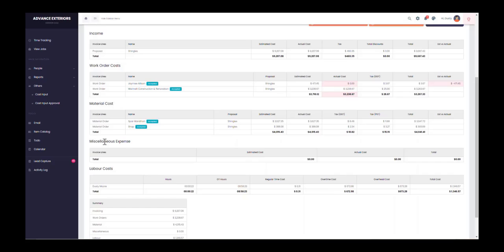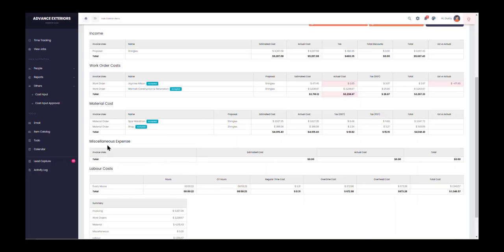what we find on jobs is there are lots of little trips to the lumberyard or other small expenses that never get accounted to a job. And any labor costs. This comes directly from your timesheets and pushes all of your employees' labor straight to the job. So you can see down to the minute how much time and money has been spent on a job